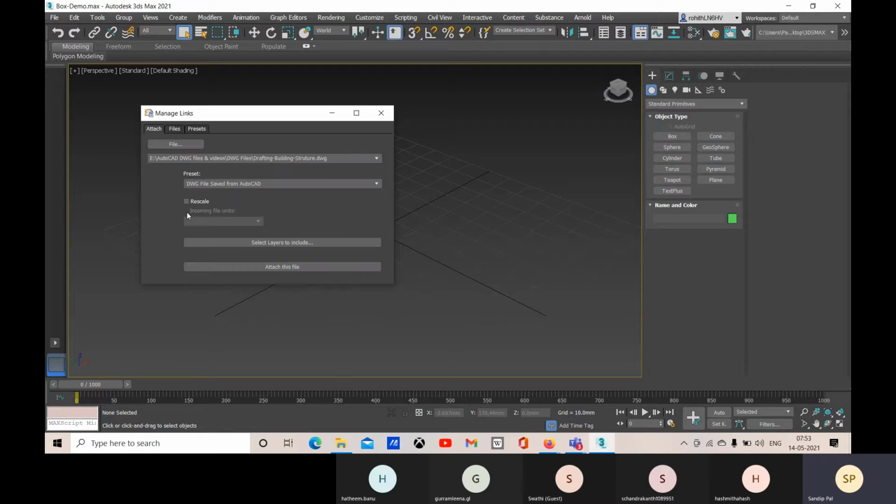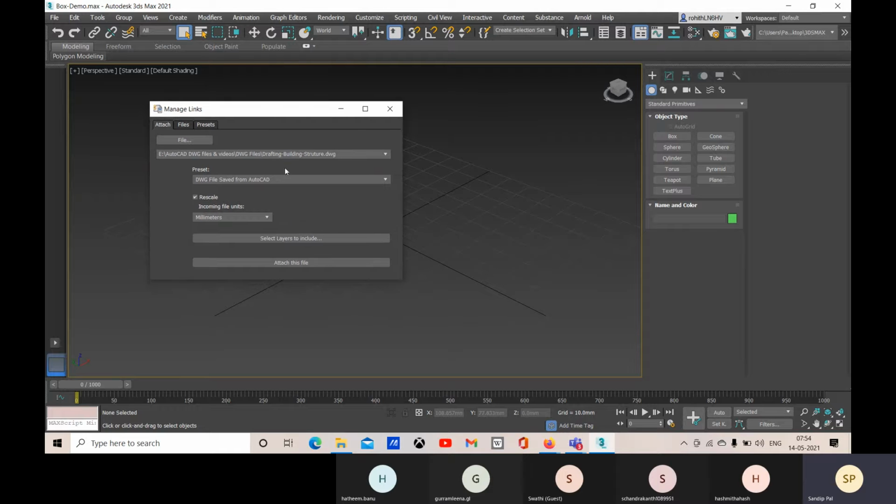So let's go for this. And if you want to rescale with the unit, you can choose rescale, otherwise it will be imported into this file as it is. So you can choose rescale, and you can select the incoming file unit. That is millimeter right now, and if your current unit is inches, the factor between these two units will be the scale factor.